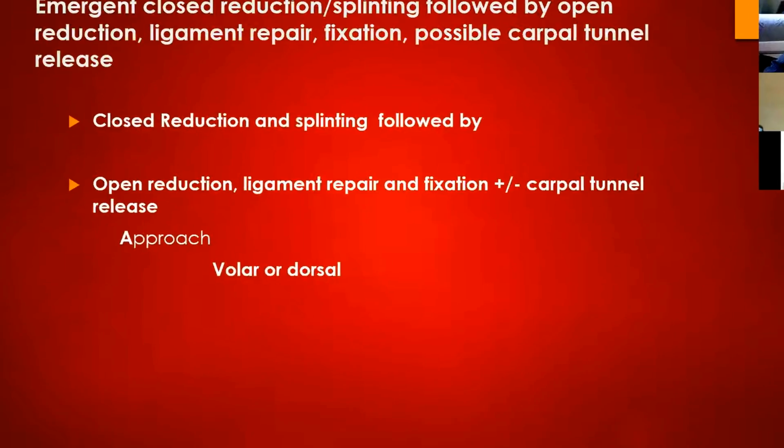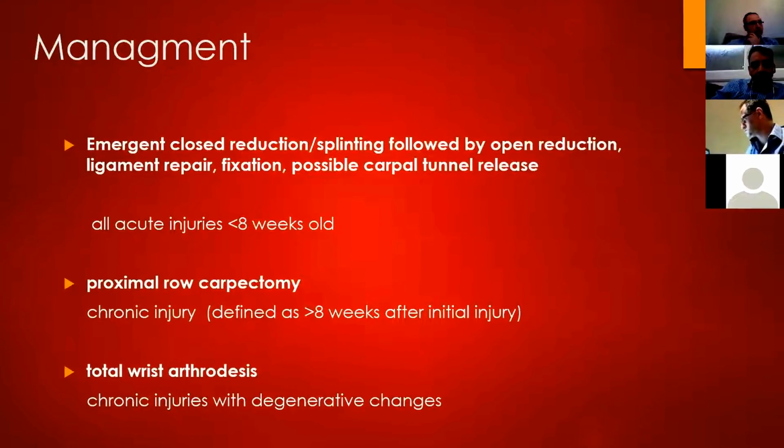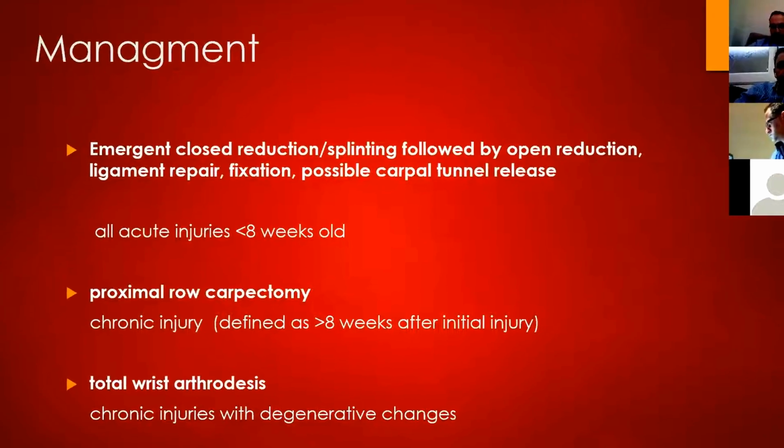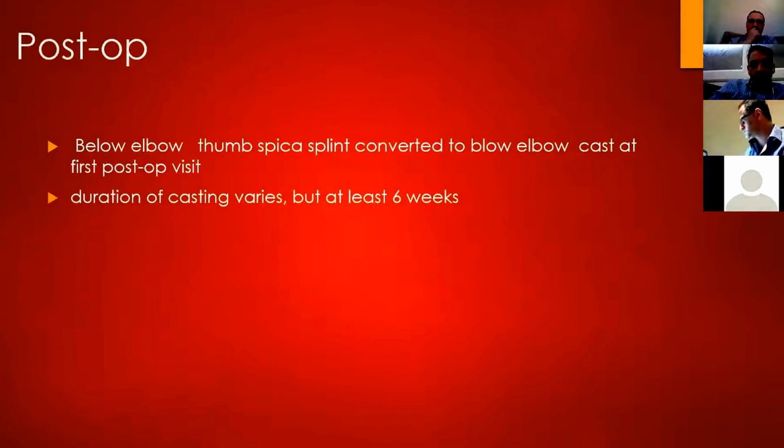And as I mentioned in my earlier slide, in chronic injuries, which is more than 8 weeks, the option is proximal row corpectomy, while for chronic injuries with degenerative changes, the option is wrist arthrodesis. Then post-operative management for this type of injury: usually post-operatively, the patient will be in a thumb spica splint from theaters, and subsequently the patient will be coming back to